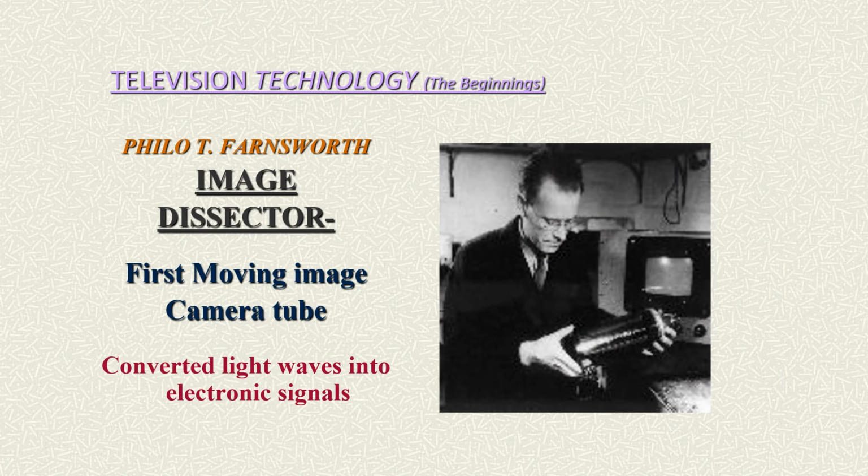Eventually, what he came up with was the image dissector. The image dissector is really a camera tube. It is inside a television camera. It is what captures the image. It's what captures the light waves that come in, and then turns those light waves into a different type of energy, that is electronic signals. And those electronic signals go through a wire